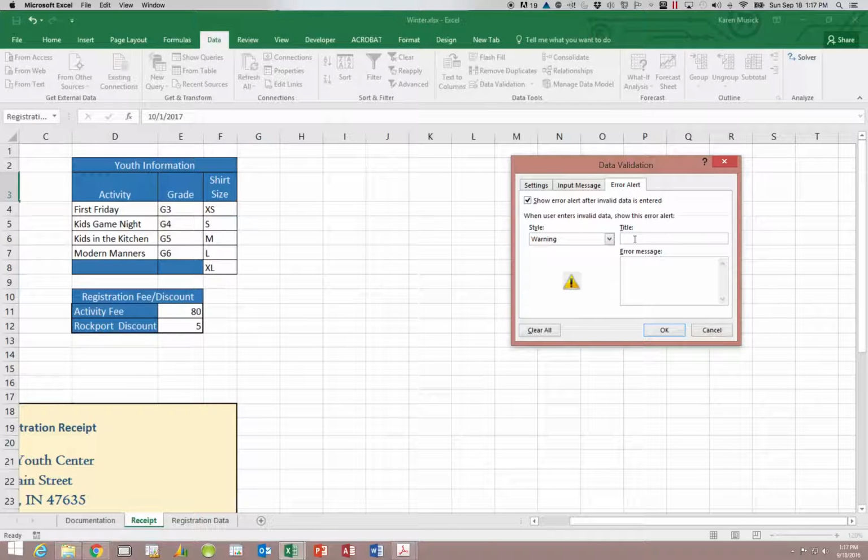Once you specify the type, then we are going to give it a title again and also a message. And this is what is going to pop up if invalid data is entered. So it's going to say Invalid registration date. And then I'm going to go ahead and type in a message that says, enter a registration date after